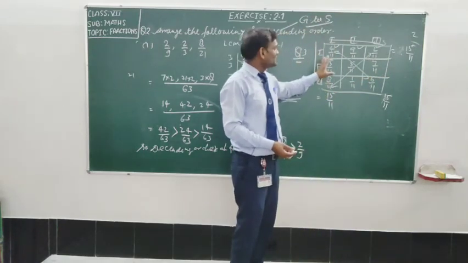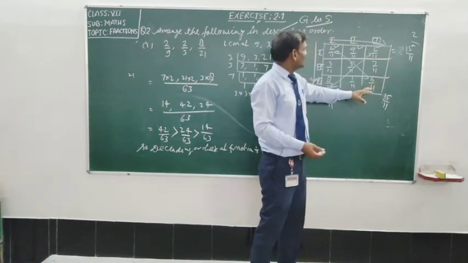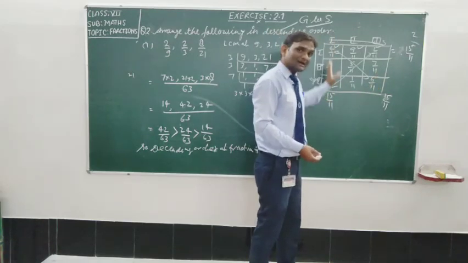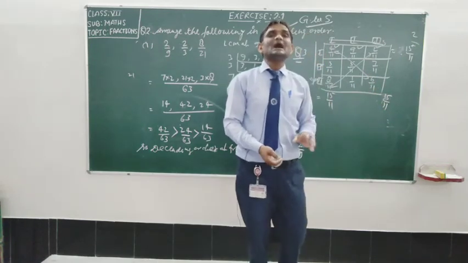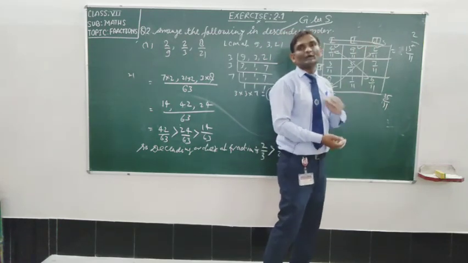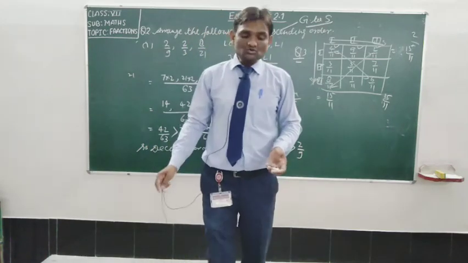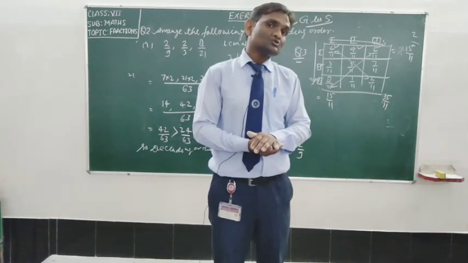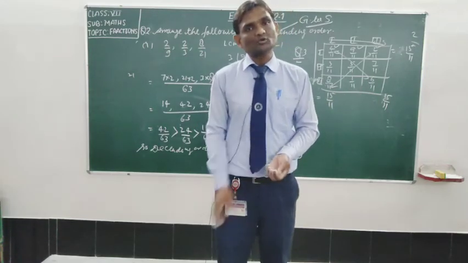You only need to write that the sum of all the fractions in the rows, all the fractions in the columns, and all the fractions in the diagonals are all 15 upon 11. So it is a magic square. So student, I hope you have understood question number 3 also. So student, today I have finished questions number 1, 2 and 3. In my next video, I will start from question number 4, student. So thank you, student. Thank you very much.